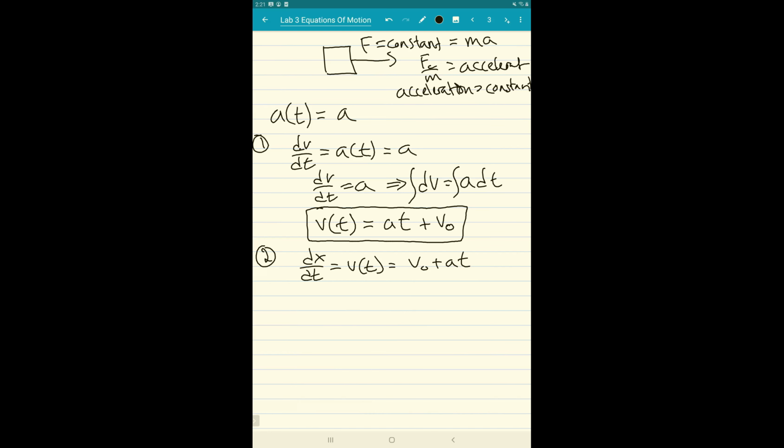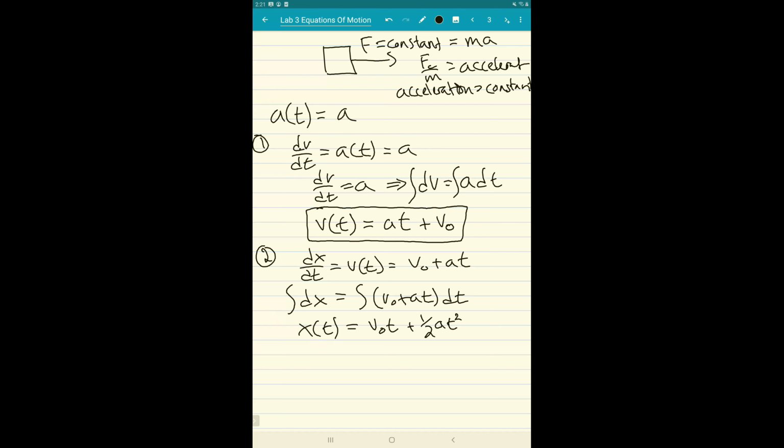Well, I can go ahead and do the same kind of thing. I can say, well, that means that the integral of dx is equal to the integral of v naught plus at dt. All right. Again, I can integrate both sides, and on the left side, I'm going to get just x of t. So my position at some time value, or a function of position as a function of time. On the right side, I'll get v naught t, right? And I'll get plus 1/2 at squared, doing my antiderivative here,